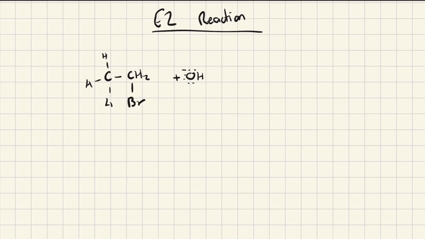For an E2 reaction, remember, it's going to be the furthest, or the anti-coplanar hydrogen. So that's going to be on the opposite side. So we're going to attack this hydrogen here. And the 2 electrons from that hydrogen-carbon bond are going to form that double bond. And the 2 electrons from the carbon-bromine bond are both going to go to the bromine, and it's going to leave. If we were to draw this transition state,